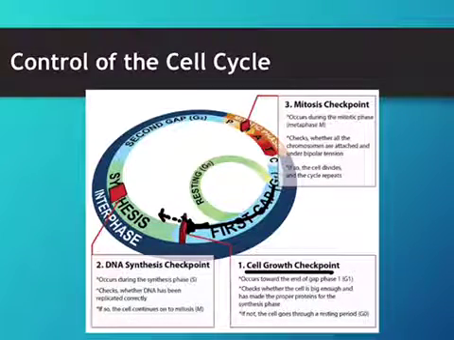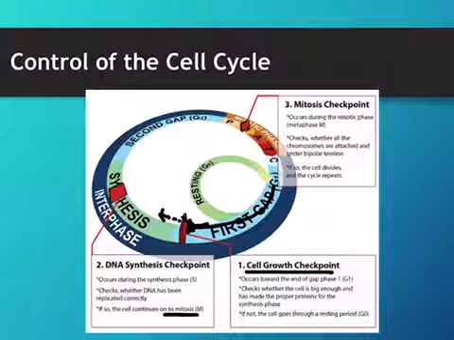And so this checkpoint occurs and checks that the DNA has been replicated correctly. If the DNA has been replicated correctly, the cell will continue on to the mitosis phase. If it hasn't, the cell cycle will be aborted, and most likely the cell will die at this point. So